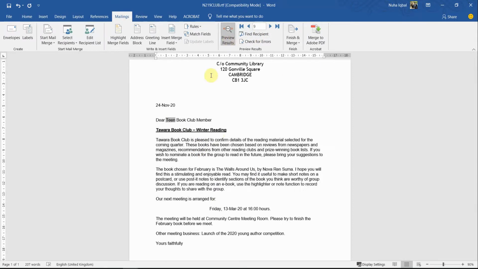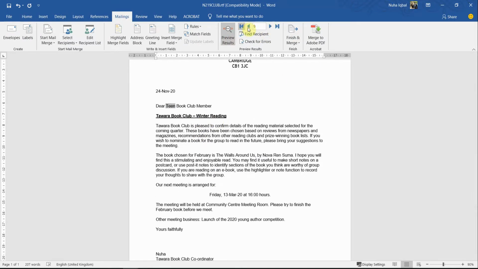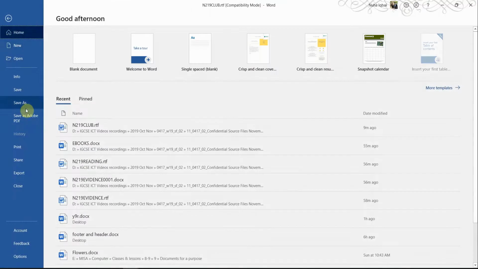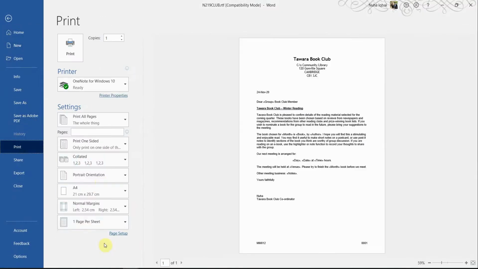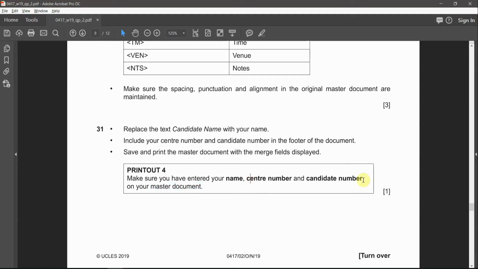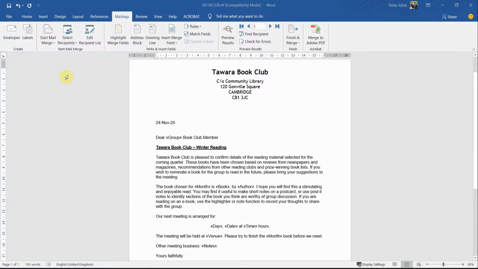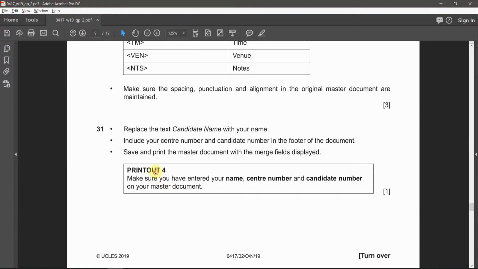Usually we can check here that all of the 9 members are showing information, but they need to see the merge fields. So we need to print this, print it, and that's it. And make sure just that your name, center number, candidate number, which is over here, this and this, they're showing. Okay, so that was the printout for